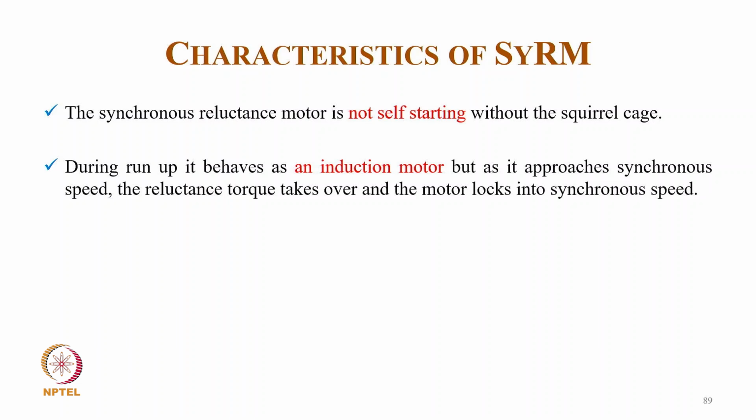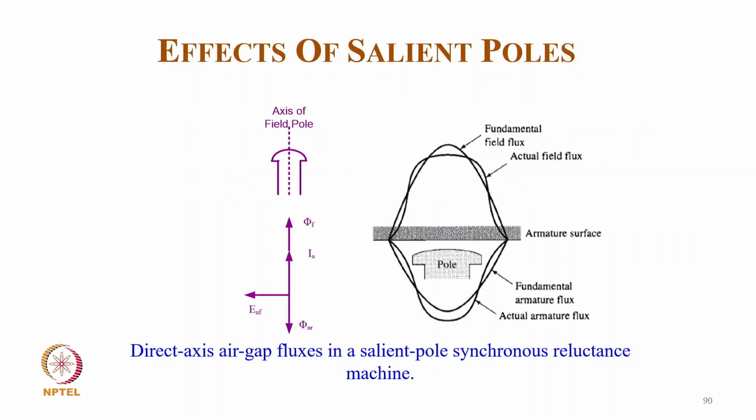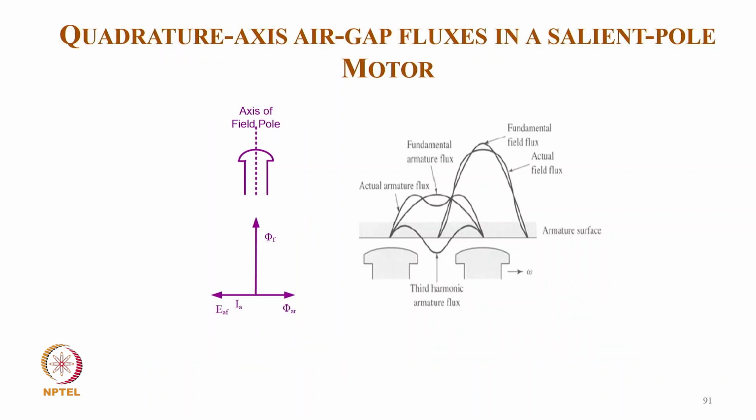Now the characteristic of this synchronous reluctance motor: the motor is not self-starting without the squirrel cage, and during run-up it behaves as an induction motor, but when it approaches synchronous speed, the reluctance torque takes over and the motor locks in at synchronous speed. And this is typically the direct axis flux of air gap flux in a 7-pole synchronous reluctance machine, how it looks with the geometry, and typically the third harmonics and quadrature axis fluxes in the 7-pole